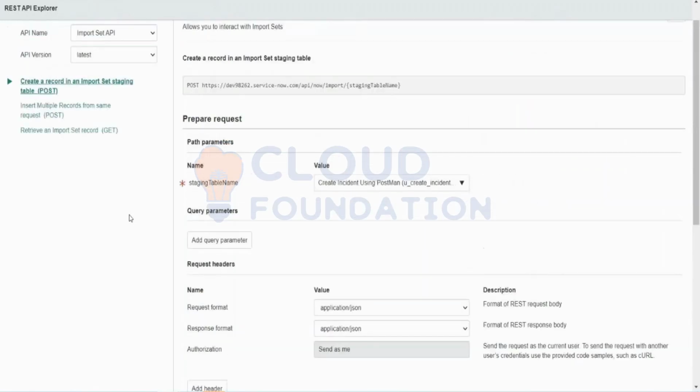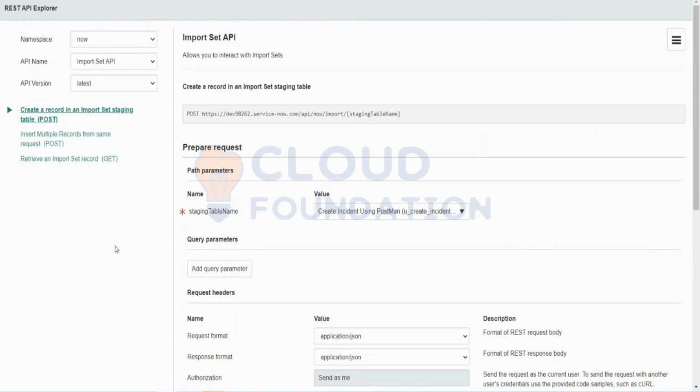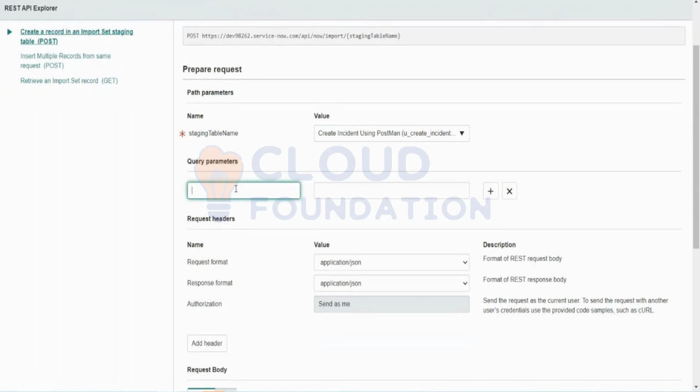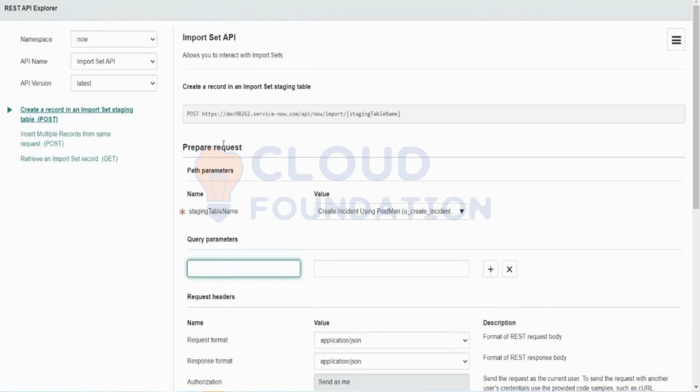I had a way of creating the parameters, just a second. So see, I'm using the post method only, creating a record in an input set staging table, right? So it had created, but here I have to specify the condition. Why is it not querying? If you see, it has to give us the values, right? The requested state and all of those values. One second, I'm just seeing that.